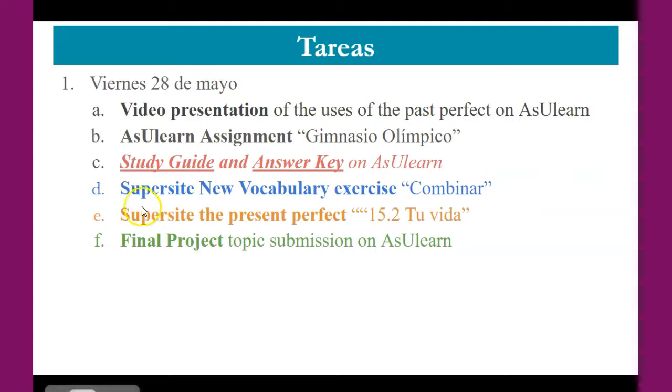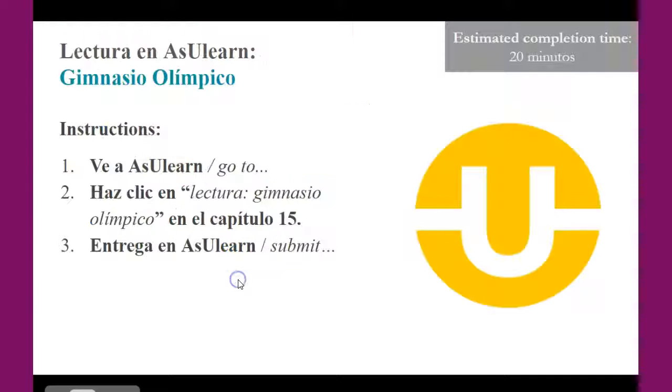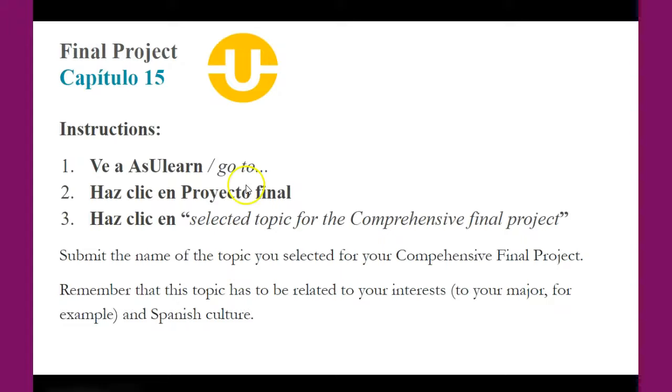If you go to our super site, there are some exercises to practice the new vocabulary, and sorry, this is the past perfect, the super site assignment of the past perfect. I'm gonna correct this, it is tu vida. Then I want you to think about the final project. So if you go to As You Learn,